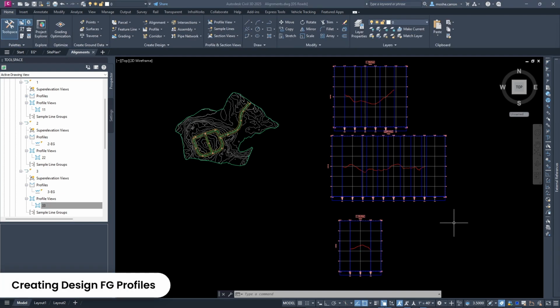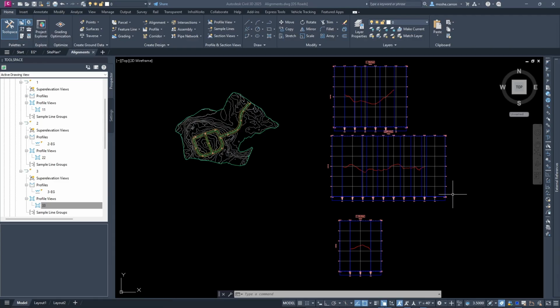Now as our last step, let's start adding in some finished ground proposed profiles to these various profiles. So we again have the reference as in red, if we trace it back to the beginning, we see it starts over here, and if we look at our cursor on the left as it travels through, it goes up to that point. Likewise over here, we follow it along, we see that the intersection between the two is about there. Let's add a little